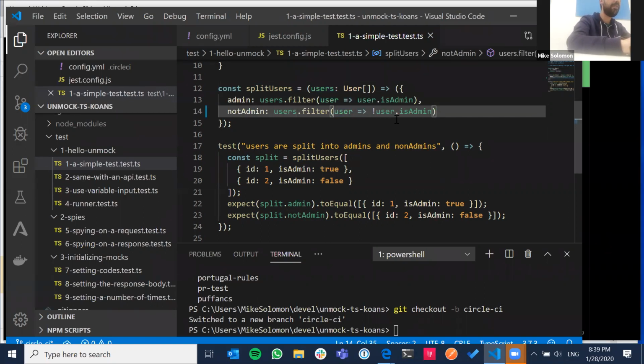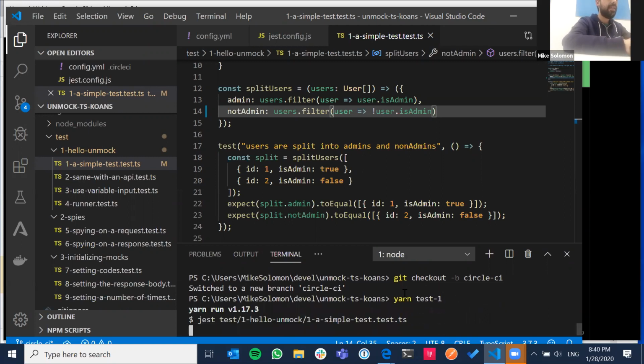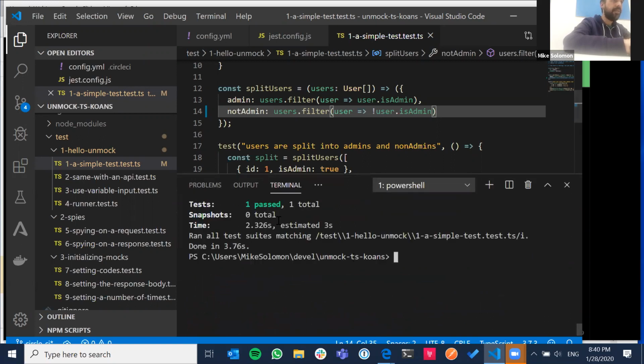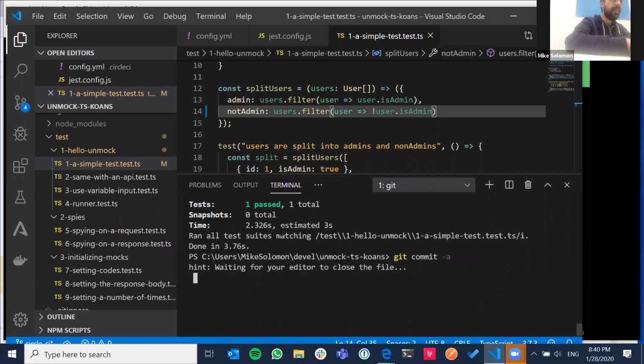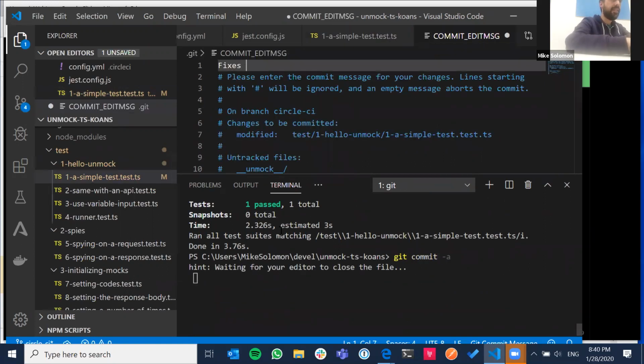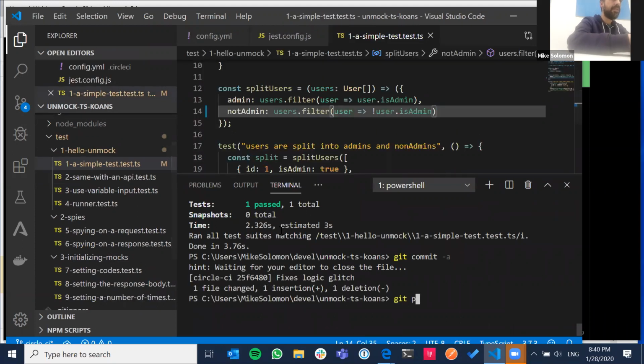And in JavaScript land, we do not with an exclamation point. In Python land, you could use other conventions like the word not. But now, if I run the test, it will pass. So there we have one test that's passed. And now I can put "fixes logic glitch". And when I push, sorry, not master, origin, CircleCI,